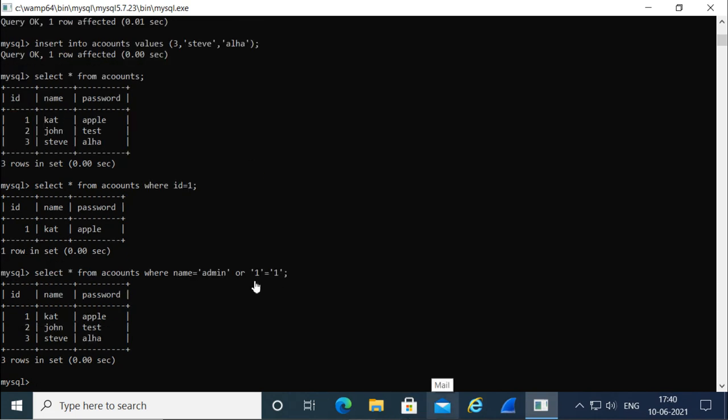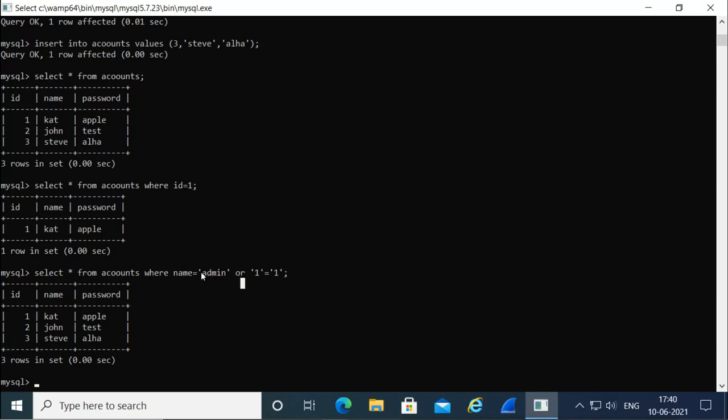Now what I did here, I ran the next query as select star from accounts where the name is equal to admin. Now admin is not there. Remember, admin is not in the table. And I join this condition with OR. I give OR operator here. Now what is the OR operator doing?